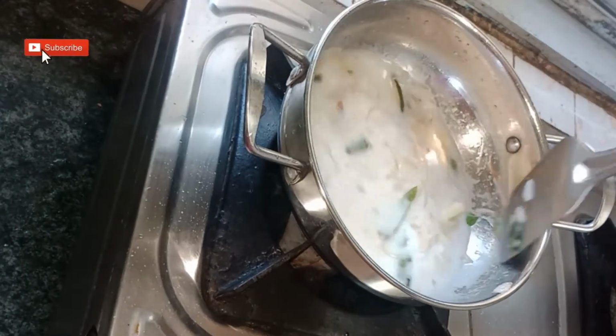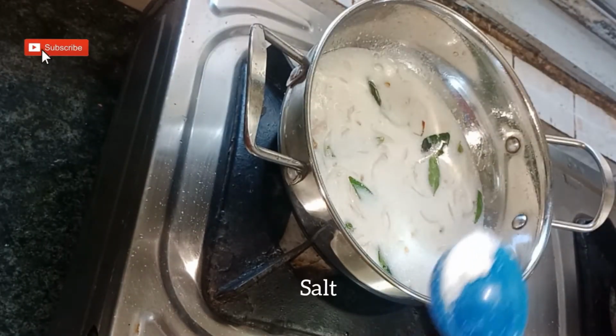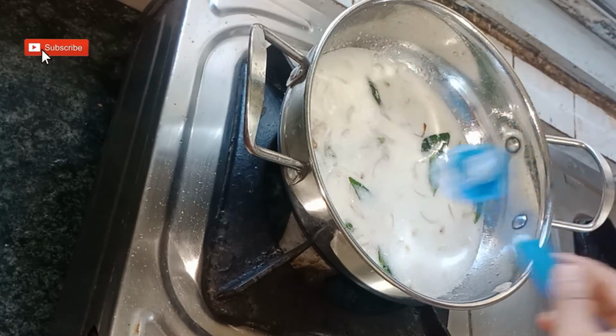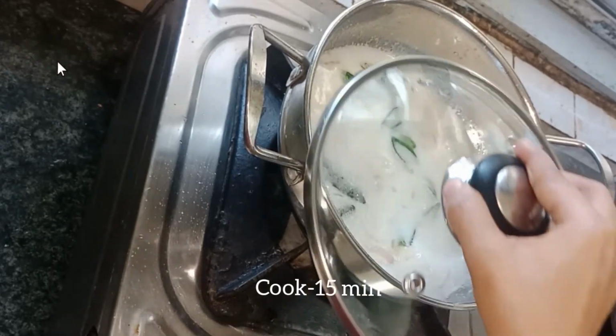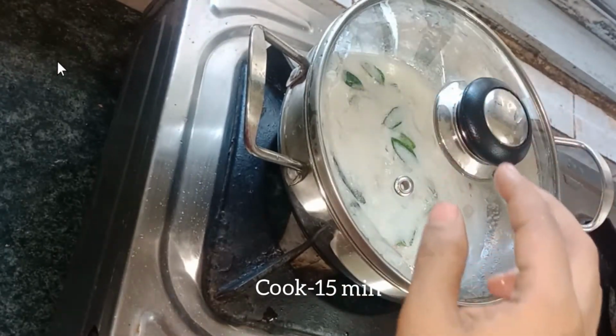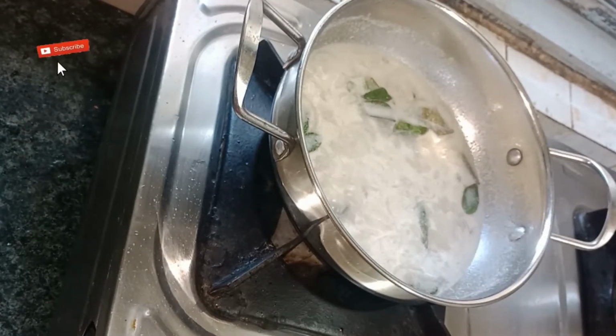Add salt as per taste. I have added half teaspoon of salt, and cook it for about 15 to 20 minutes on medium flame. After 20 minutes,